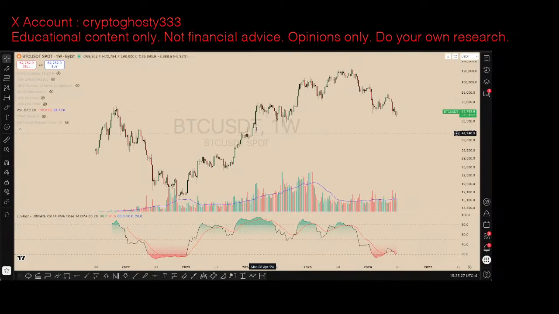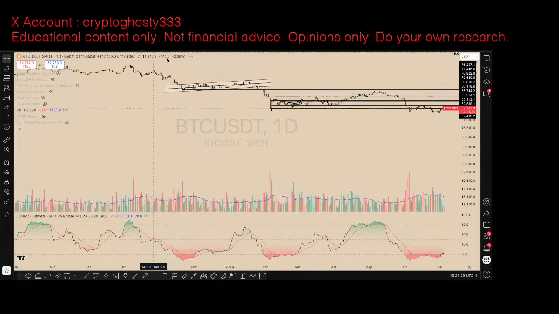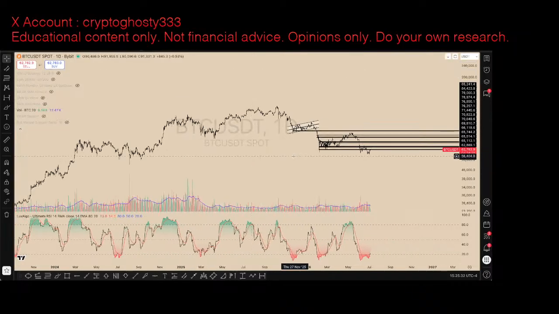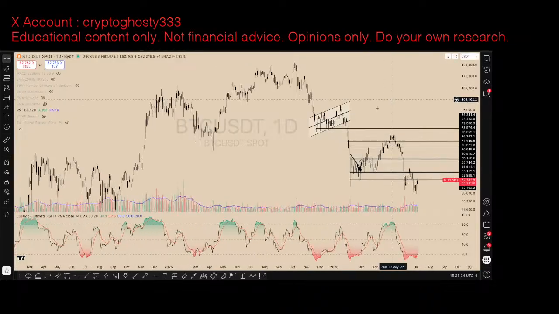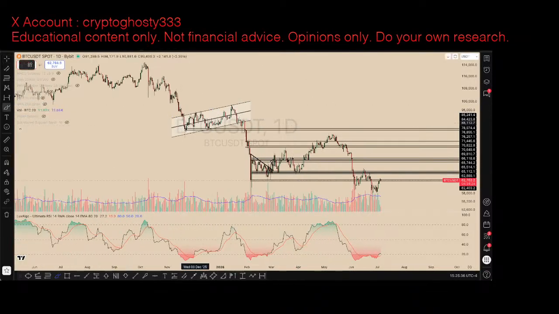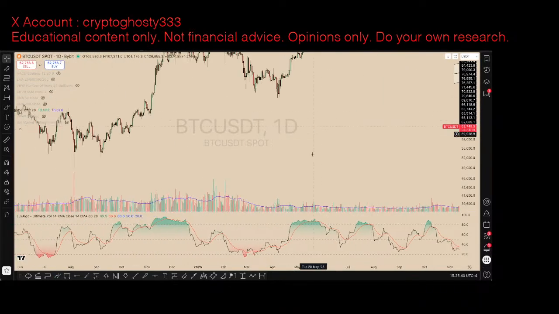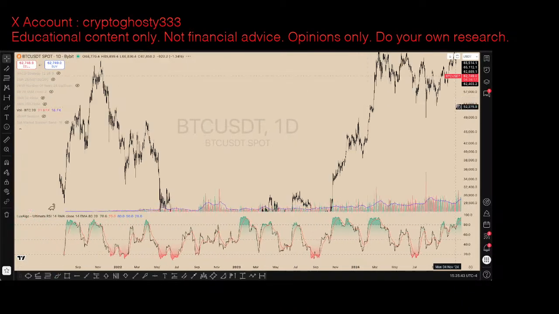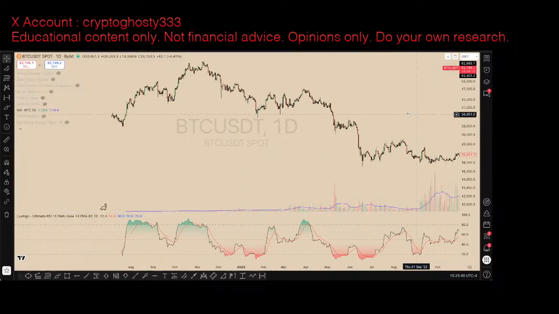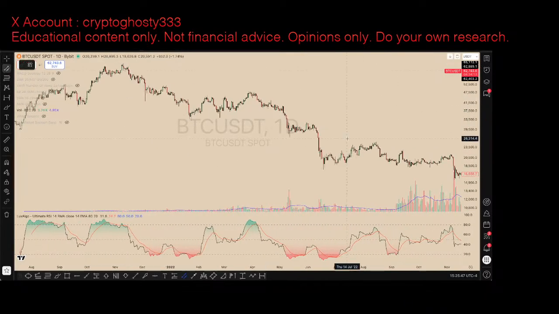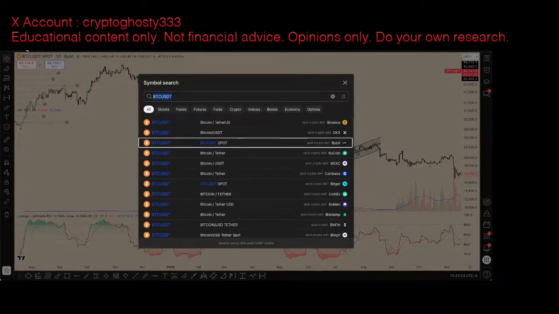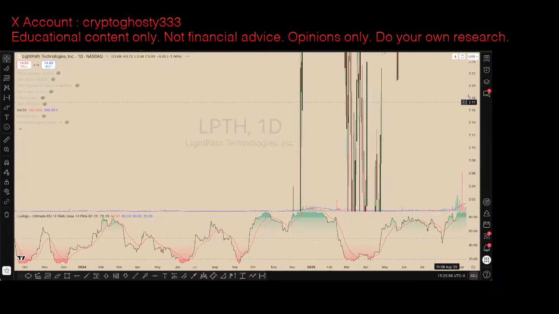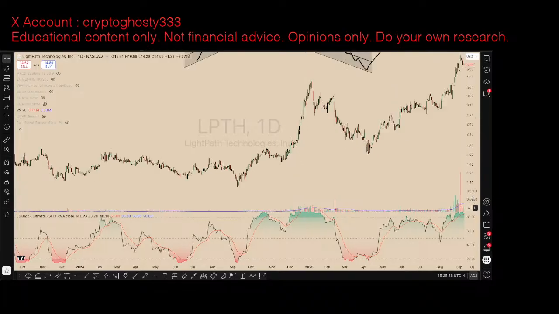Let's go to a fresh new chart. Okay, see, here we had an ascending channel basically, and we broke to the downside. Boom. The same thing happened in 2021. So here, see this channel, ascending channel, we break to a downside. So yeah, like on LPTH,